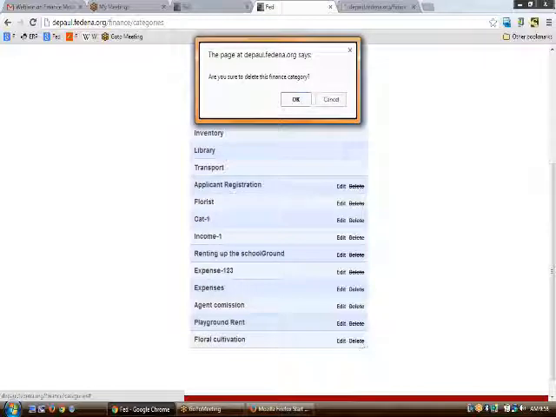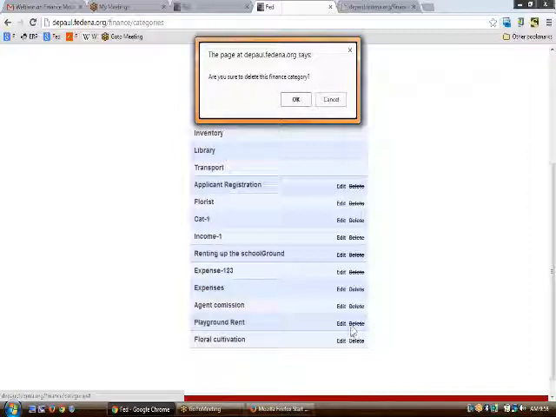So you can even delete it, but please mind that before deleting or creating any finance, whether it's income or expenditure, you need to keep a track record on whether this thing has an income or expenditure.